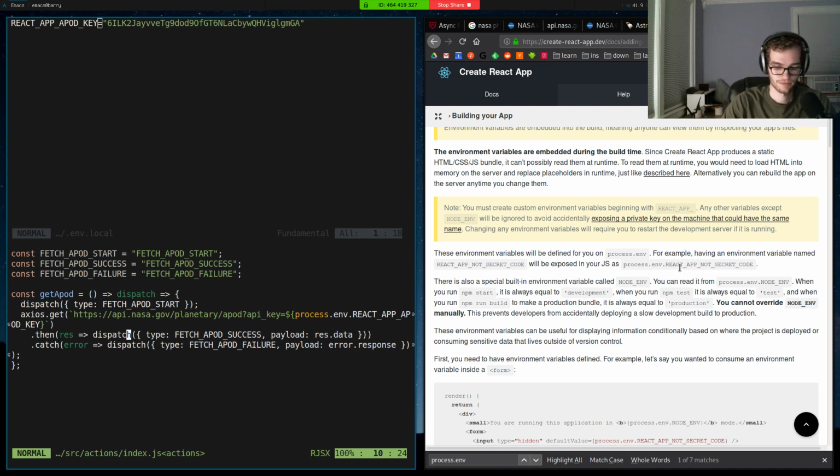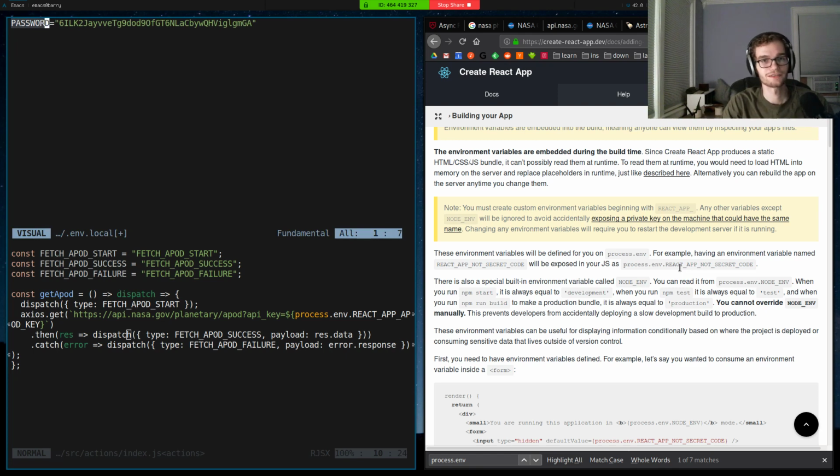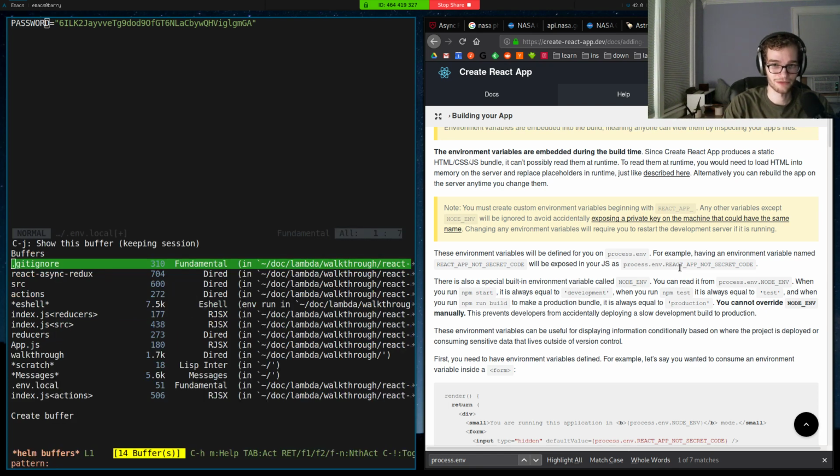Yeah, Henry, regarding the env file, is it required to prepend with React app? Yes, it is. Because we don't have to do that in Node. So the reason that this is required is, for example, what if I decided to call this password, and then we end up deploying this on a system where we don't have an env local file that defines password. In that case, it will just use the global environment variable password, which